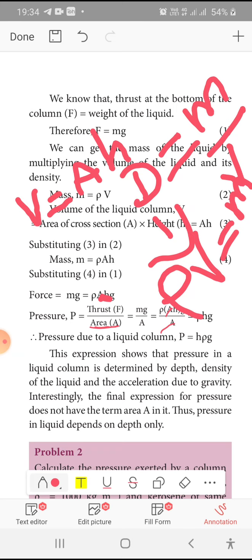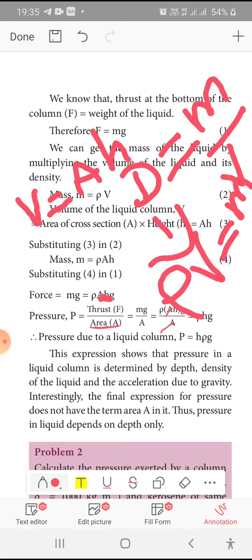Like GRB. What do you mean by GRB? As soon as I said the word GRB, you will be thinking about a ghee advertisement. GRB, Udayam Krishna ghee advertisement. In such a way it's a mnemonic. You can remember this formula as G rho H, H rho G. GRP, G and P are there. Only the rho, instead of R, you have to write H. Pressure is equal to H rho G.